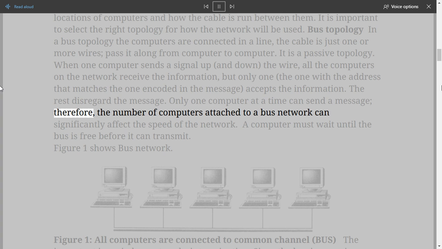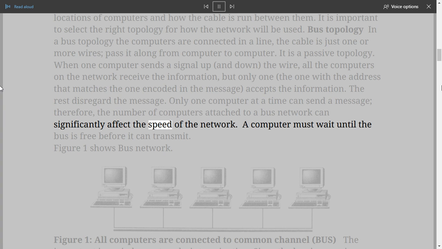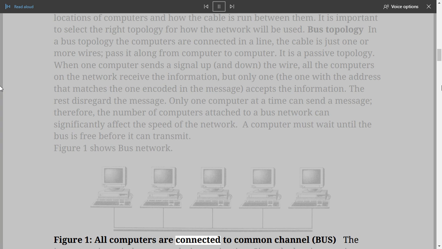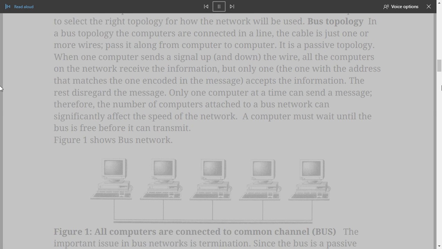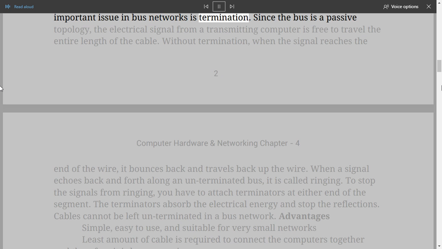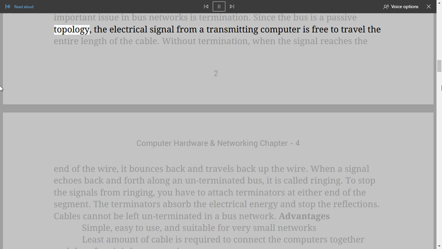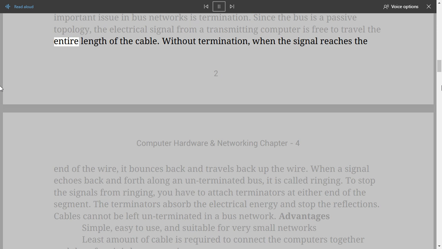Therefore, the number of computers attached to a bus network can significantly affect the speed of the network. A computer must wait until the bus is free before it can transmit. Figure 1 shows a bus network. Figure 1: all computers are connected to a common channel, the bus. The important issue in bus networks is termination. Since the bus is a passive topology, the electrical signal from a transmitting computer is free to travel the entire length of the cable. Without termination, when the signal reaches the